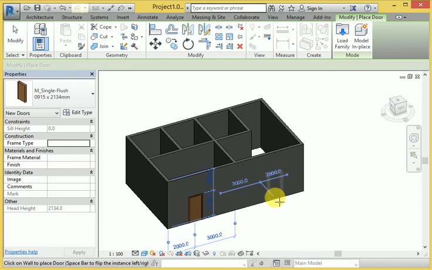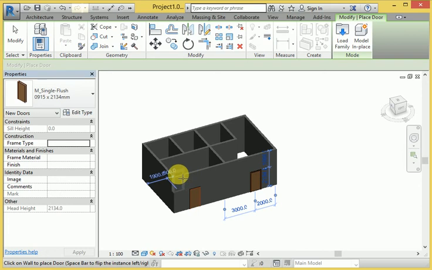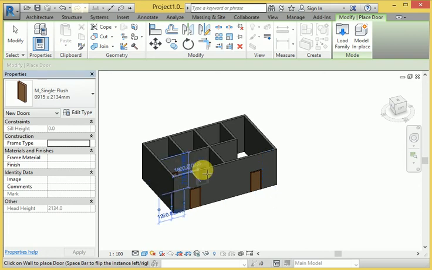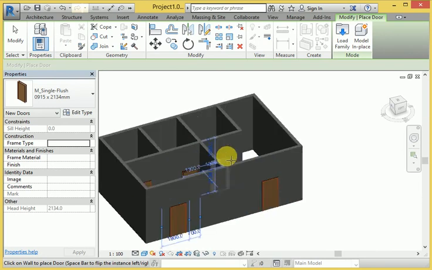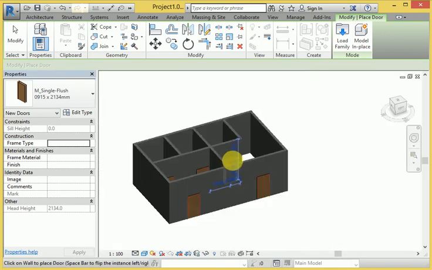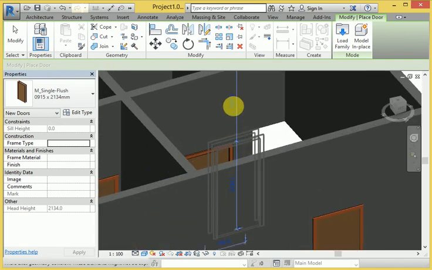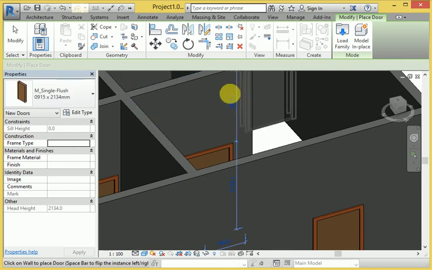So look at this, it creates many different door selections, and also here and this one, and also selection for this one. If I want to change the particular height and width, it doesn't matter, it is very easy to change here.